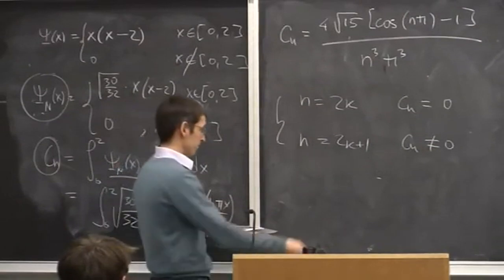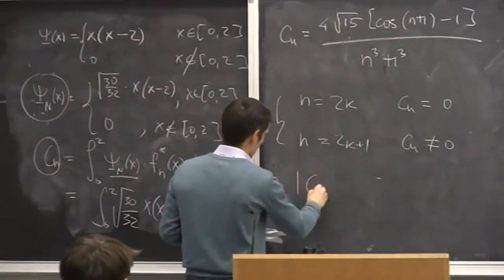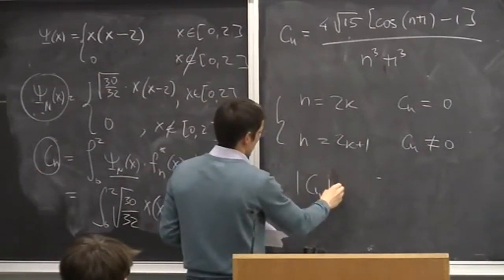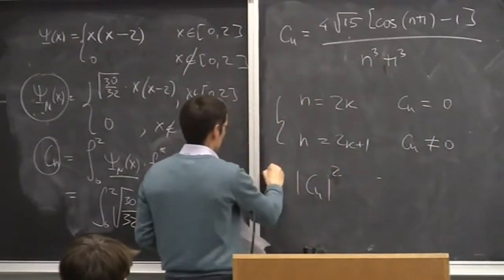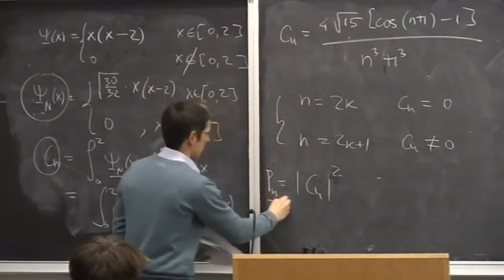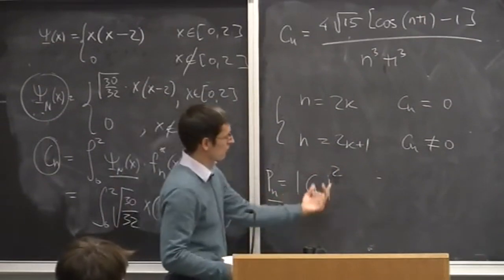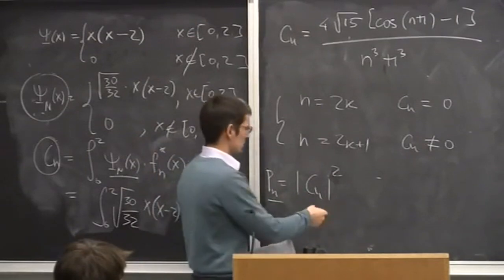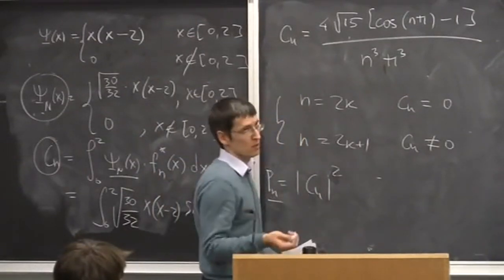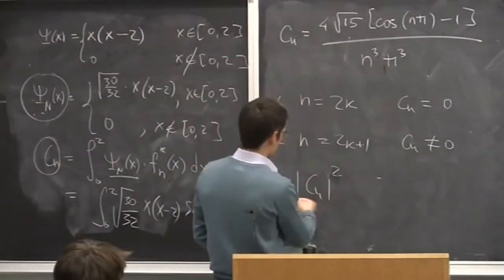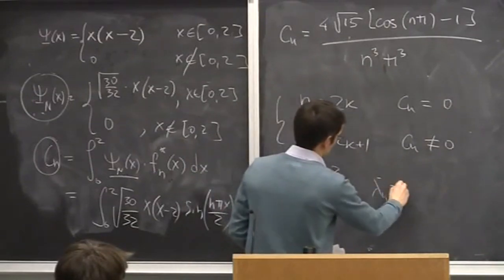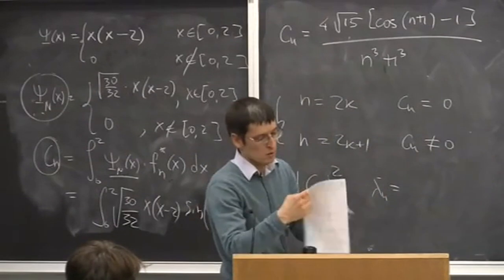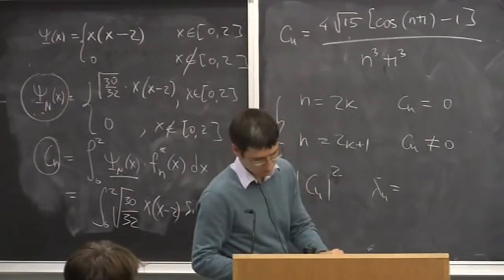But now, this coefficient squared. They are real numbers, you can just square them, but the proper form would be the probability is equal to the absolute value squared, because the coefficients themselves can potentially be complex, right? So this is a probability to find lambda n's, which we already found what the values were.